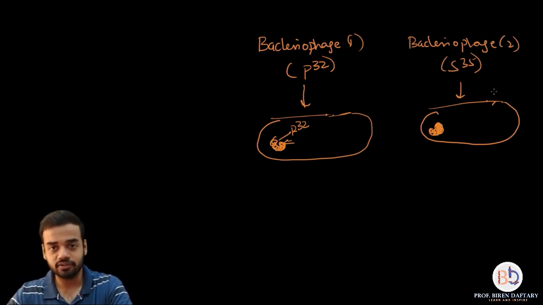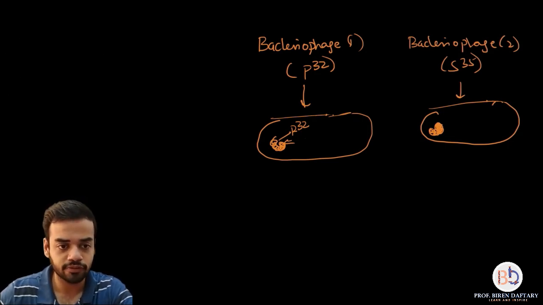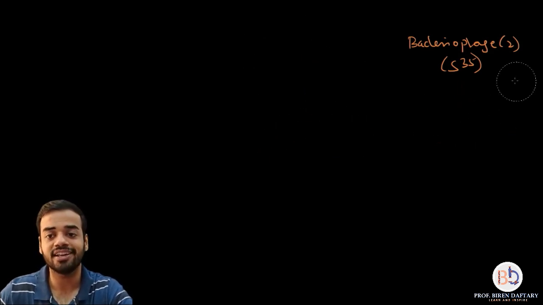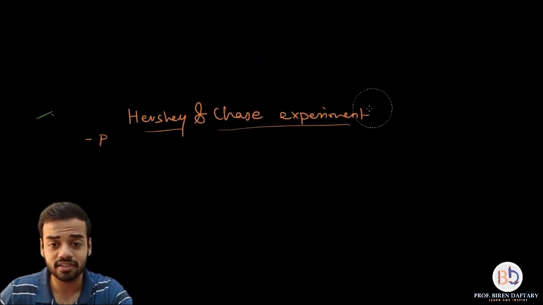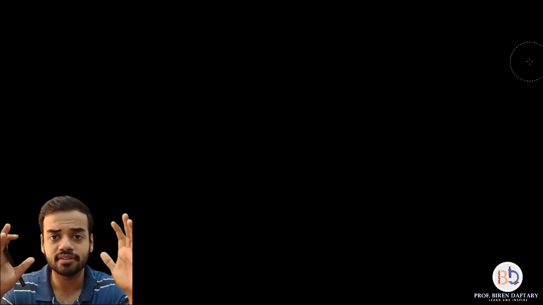So in this first 20 minutes we have basically revised all the three experiments, and I would like to make a note over here. If you are studying this for the first time, you are not going to understand any of this. You need to read this first. Okay, this is a revision lecture, and if you want the actual lectures on this topic, please let me know and I will surely make them. Is this clear?